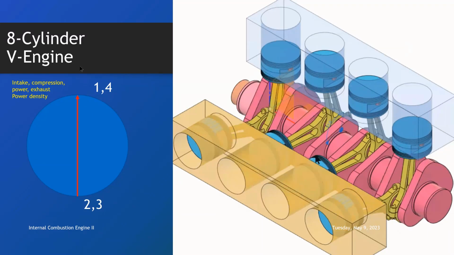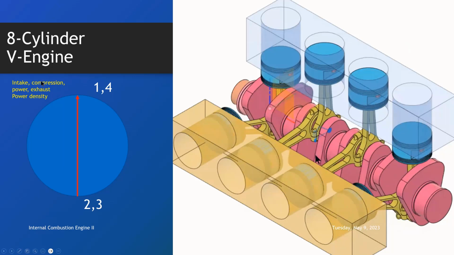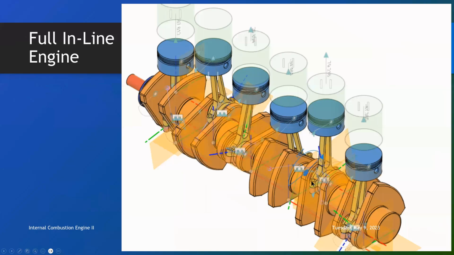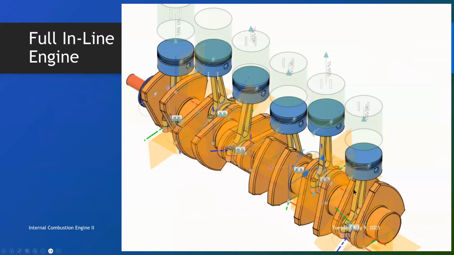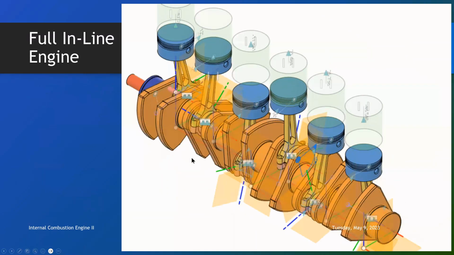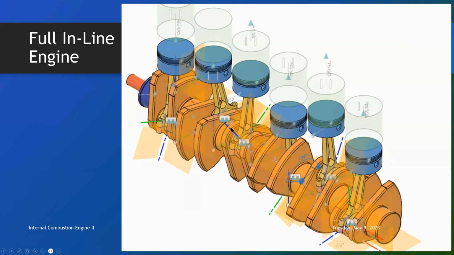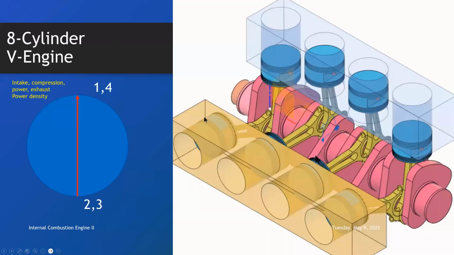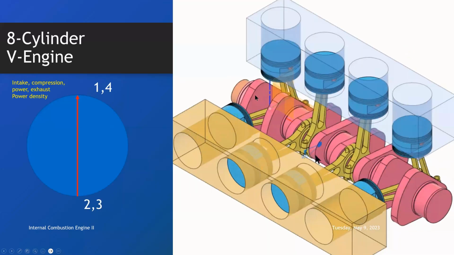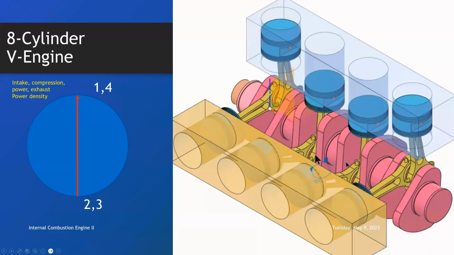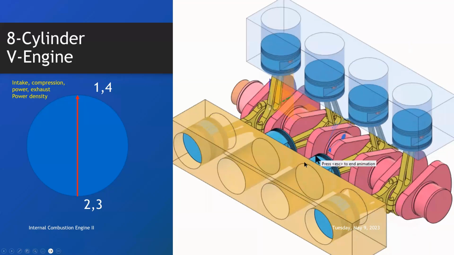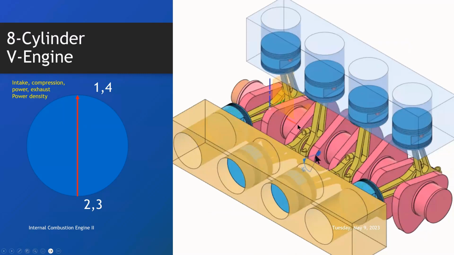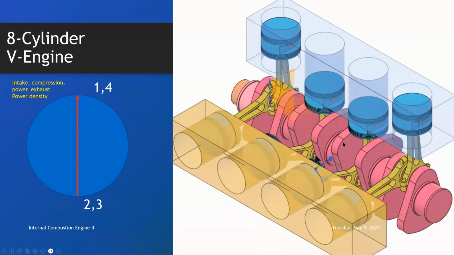Another thing about the V engine is that it has a higher power density. If you look at this 6-cylinder engine, you can see that the crankshaft is longer. And even though ordinarily this other engine is more powerful, this V engine is more powerful because its power density is higher. It's a shorter engine, and it can look smaller, but it is packing a much larger